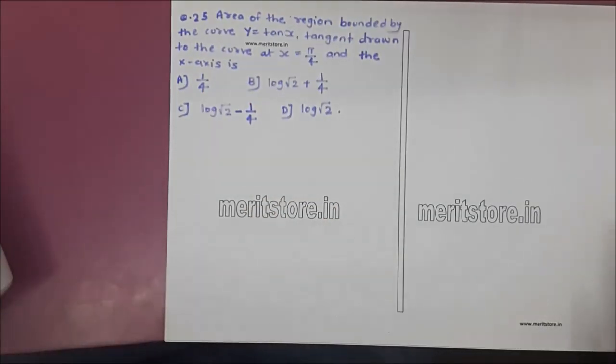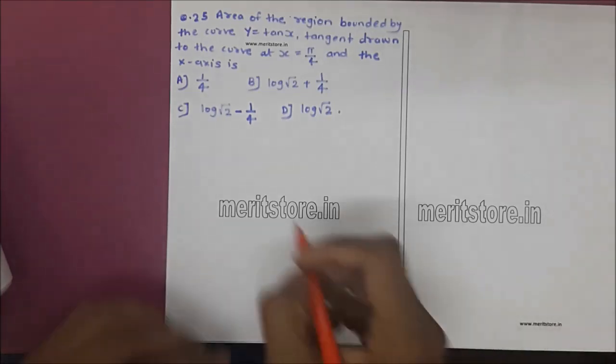Question 25. The area of the region bounded by the curve y is equal to tan x, the tangent drawn to the curve at x is equal to pi by 4 and the x-axis is, we have options A 1 by 4, B log root 2 plus 1 by 4, C log root 2 minus 1 by 4 and D log root 2. We draw a